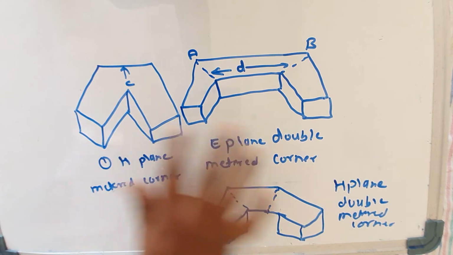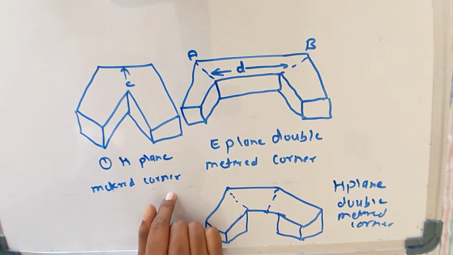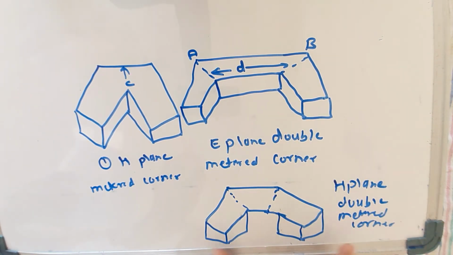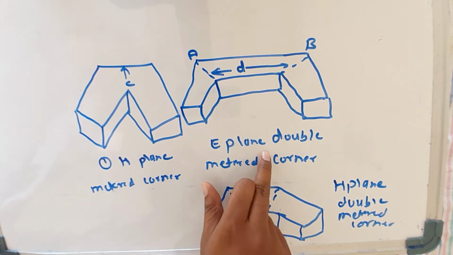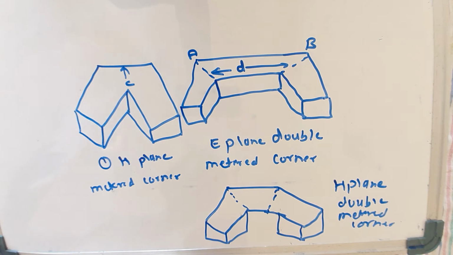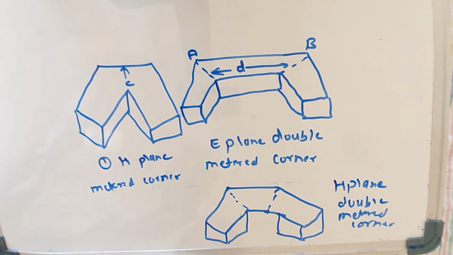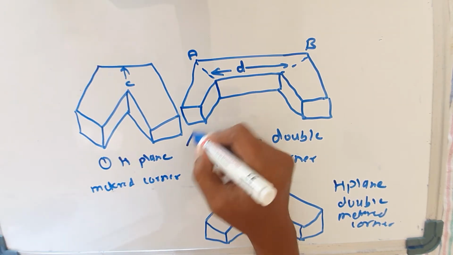So there are three types of corners. First is the H plane miter corner, then the E plane double miter corner, so it is a double plane, then the H plane double miter corner, where again we have the double plane. The corner is said to be mitered. The E plane corner is rarely used because of the risk of voltage breakdown across the distance D, and naturally that breakdown voltage will be smaller. If a change in direction of the E plane is desired, then a double miter corner is used as shown in the figure. Just remember, the wave will pass like this.